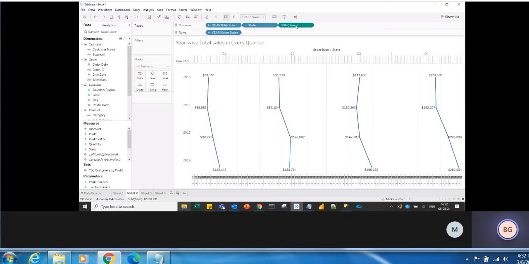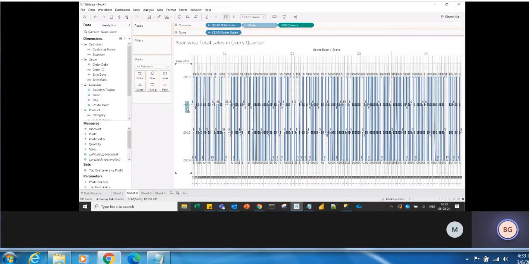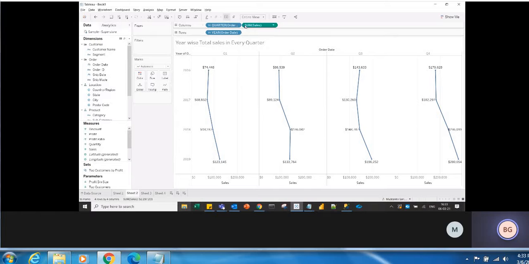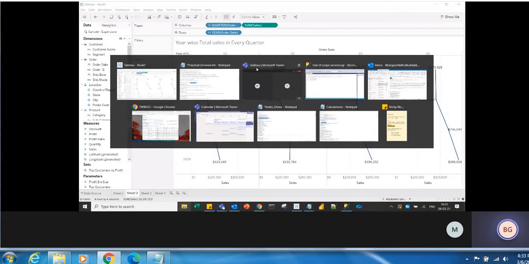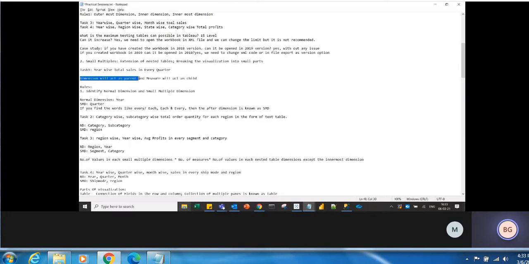So all the dimensions will act as parent and the measures will act as child. Just remember that.